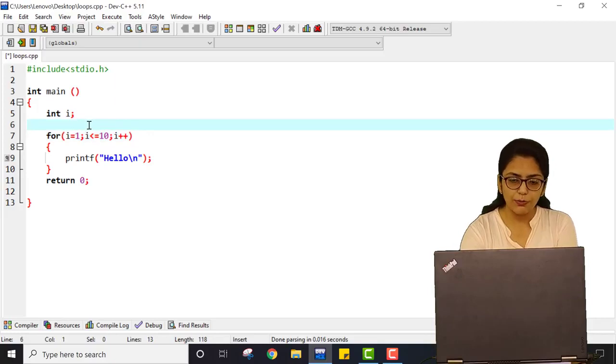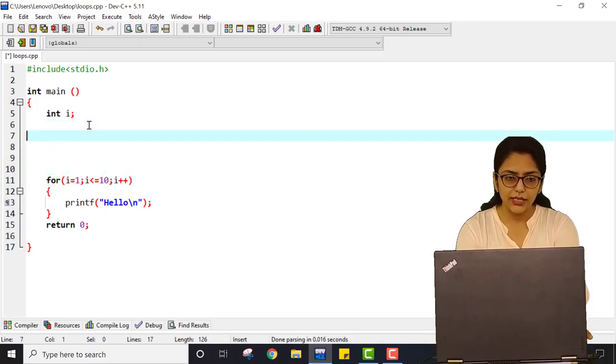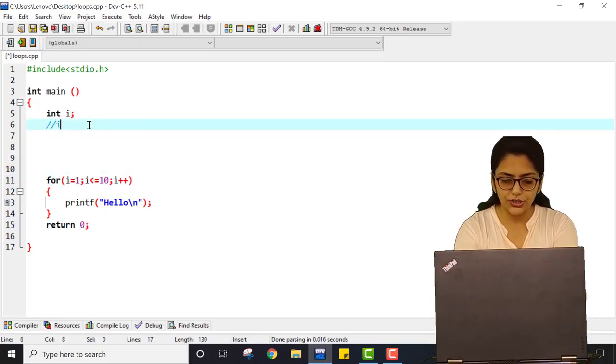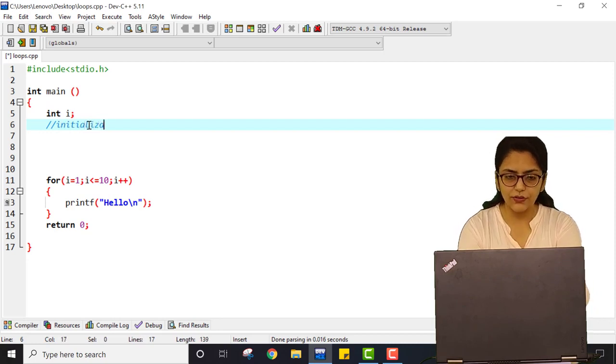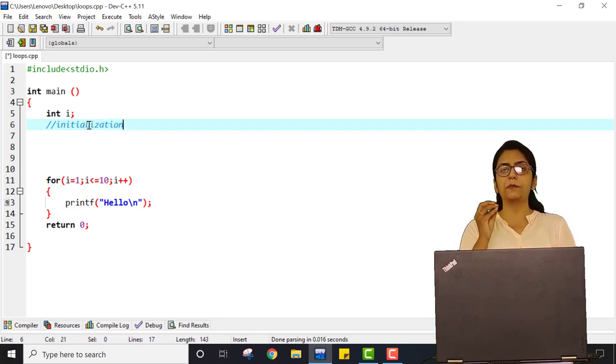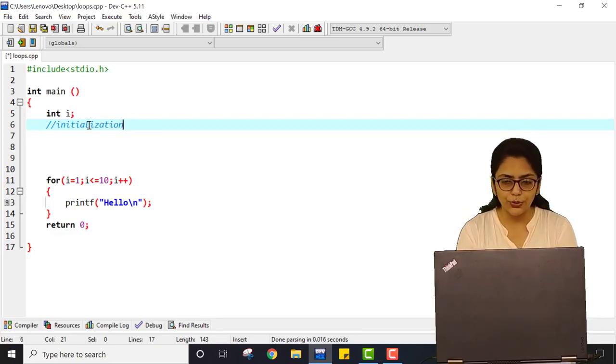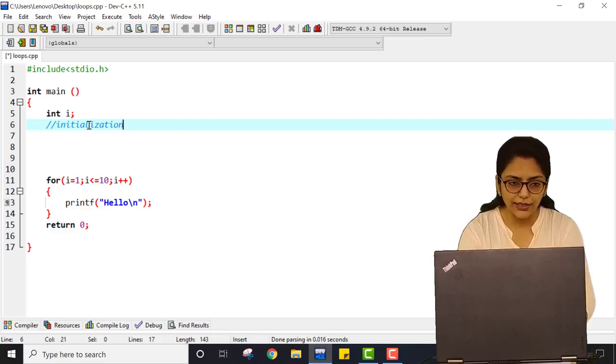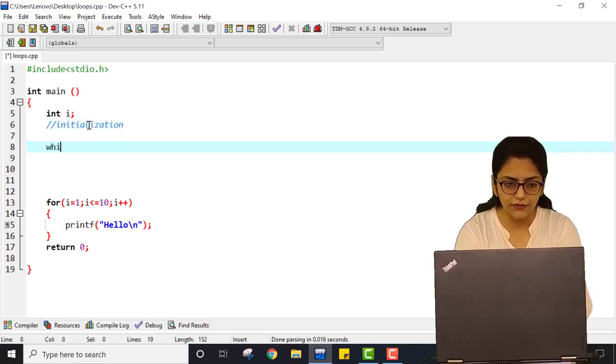In a while loop the syntax is something like this: first we have to do initialization. Initialization is done only once when the loop starts. Make sure this is the same for the for loop as well as the while loop. So first we do initialization, and then I write while, and inside the while I write the condition.